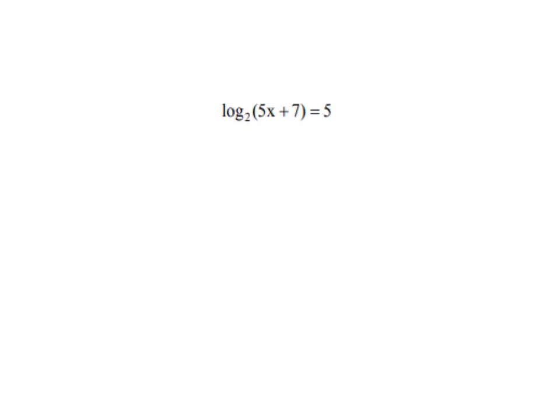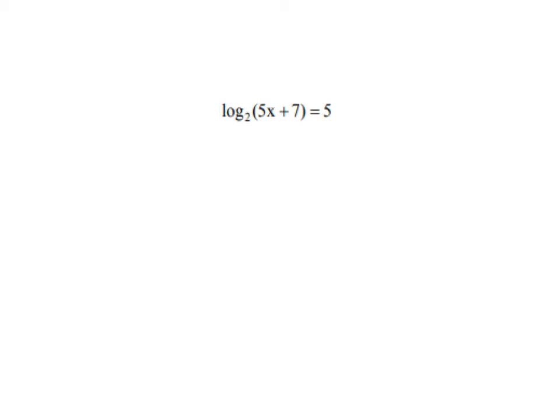So pause this maybe for a minute and try to set up this problem, and then play the video, because I will solve it. Always do that. Always try to do this first, on your own, and see if you know how to do it, and then watch my video. So in this case, if I want to rewrite this in exponential form,